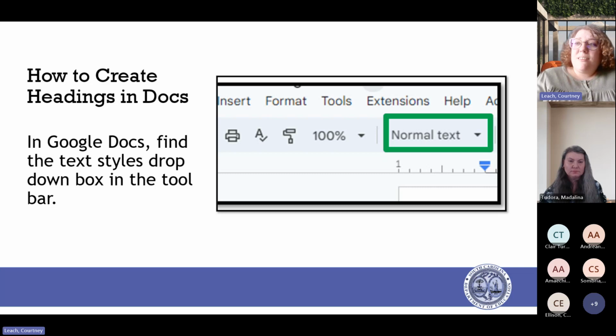So to get to those headings in Google Docs, you would go to the toolbar across the top, and you'll see where it says normal text. You would click that, and there's a drop-down box that will have all of the different heading styles. You can also modify them, so you can set it to have a certain font, a certain size and color if you want, so that every time it comes up the same.